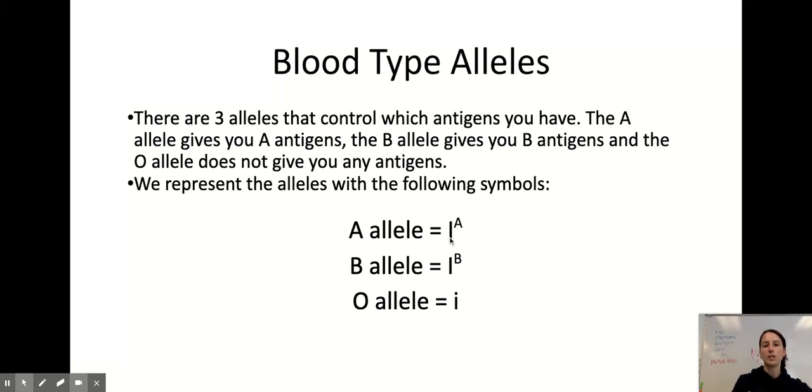So the 2 capital ones, they have codominance. So when you've got both of those, they're both going to be expressed because they're codominant. Now our O allele is recessive. So when we've got our O allele combined with one of our dominant alleles, it's going to be masked. It's only going to show up as O when there's 2, when it's homozygous recessive, right? So those are the symbols that we're going to use: capital I^A, capital I^B, and lowercase